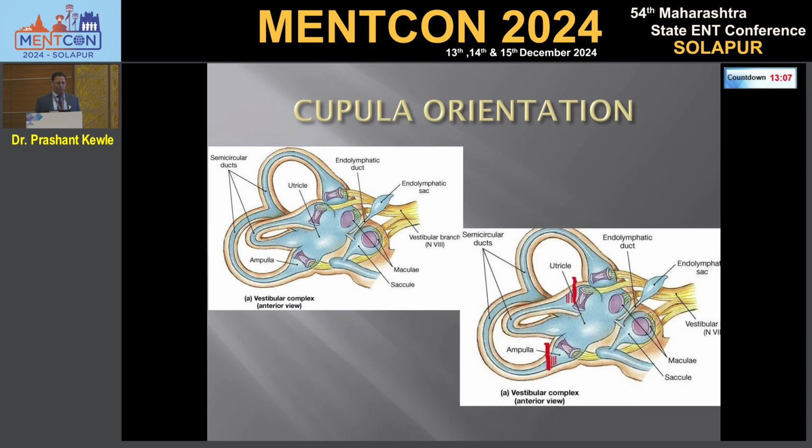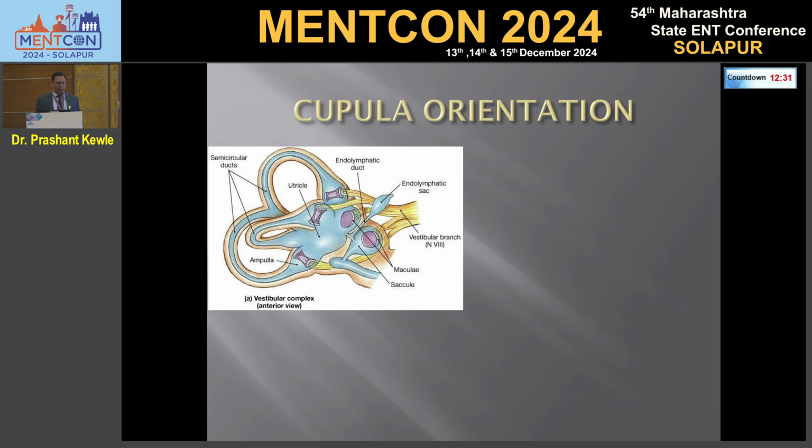Second is about the stereocilia. This is a kinocilium, which is the longer one, and then there are small stereocilia. When the stereocilia are bent on this long side, what happens? This gate opens up, and then that gives an action potential. So if the movement of fluid is toward the kinocilium, then there will be excitation. And when it is opposite, then it will shut the channels and there will be inhibition. So accordingly, you will understand whether you are getting excitatory nystagmus or inhibitory nystagmus.